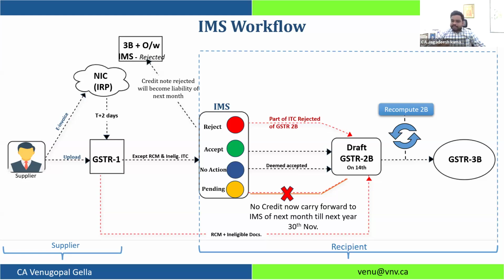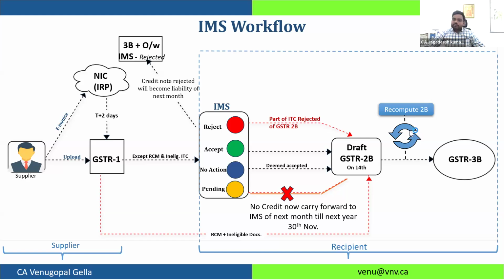If I reject them, all these invoices will get removed from the GST 2B and a new 2B will get generated. Okay. If I am having ITC of 1 lakh, and today I am rejecting invoices amounting to 10,000, my ITC in 2B will become 90,000, right? As and when the GST 2B is generated, the same figures will be auto-populated in GST 3B, right? So to get the GST 3B updated after you take action, rejecting 10,000 of input invoices, you have to recompute 2B.